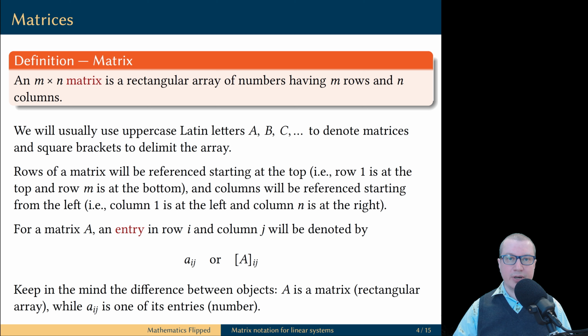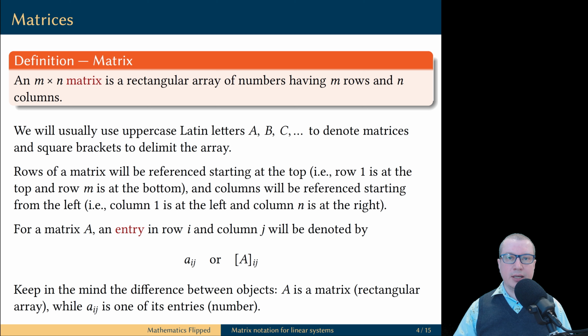The numbers that comprise the matrix are called the entries of the matrix, and each entry of the matrix has two indices. The first index is the number of the row in which this entry appears, and the second index is the number of the column in which the entry appears. And typically we will use lowercase Latin letters corresponding to the same letter as the matrix notation, with two indices i and j at the bottom to denote the entries of the matrix.